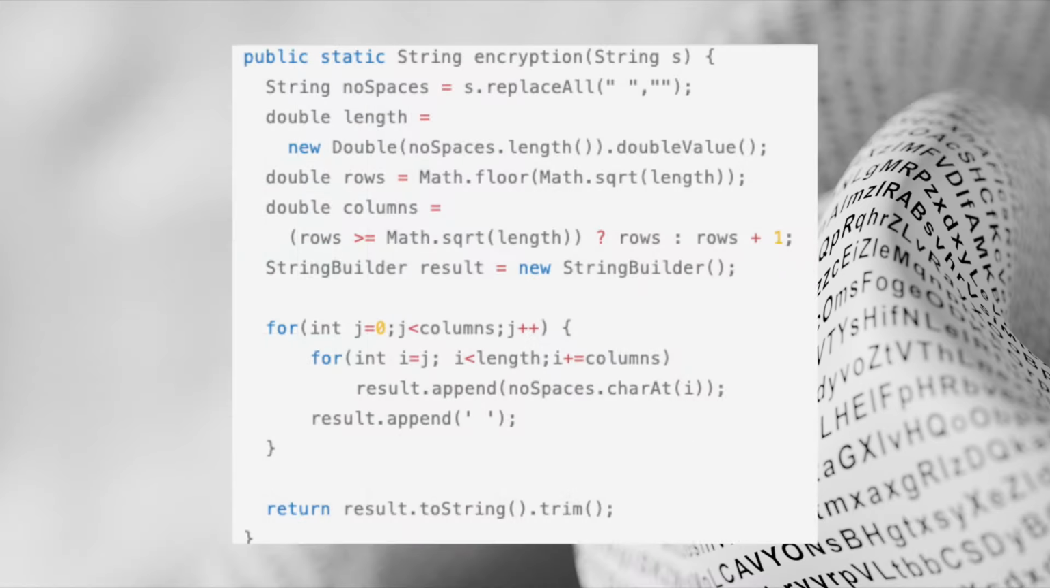The programmatic solution to this challenge is as follows. First, all spaces are removed from the incoming string and the result is assigned to the variable, no spaces. Next, a primitive double is defined, named length, and initialized to the value of the length of the string, without spaces. Next, a primitive double is defined, named rows, and initialized to the floor value of the square root of